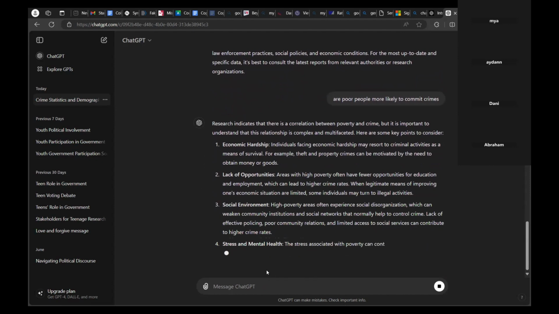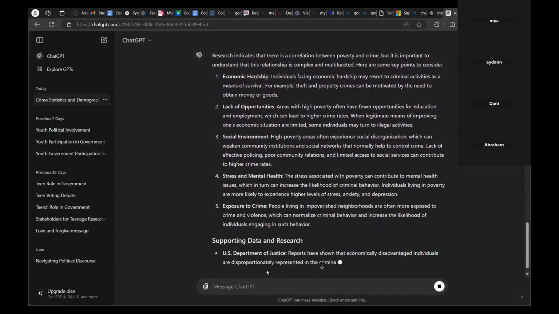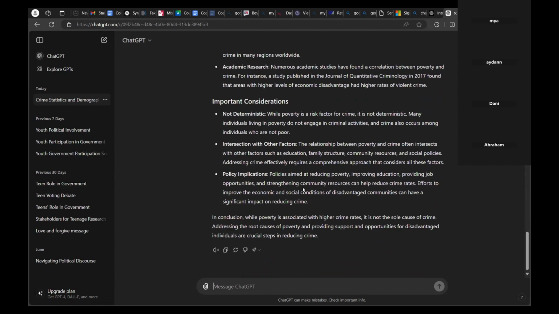So it's basically telling you that even though there is a correlation, it's important to understand that the relationship is complex and multifaceted. So it won't tell you yes. Even though when you asked, do men commit crimes more, or are men the ones who commit crimes most, it said yes. It literally was like yes. Maybe if we ask it, are rich...